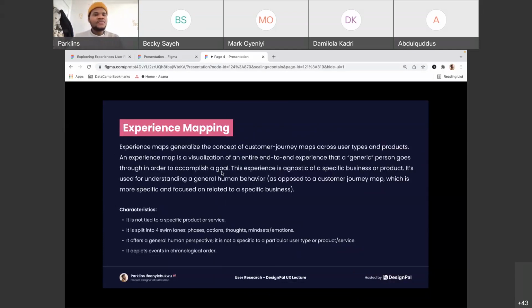Experience maps generalize the concept of customer journey maps across user types and products. But an experience map is a visualization of an entire end-to-end experience that a generic person goes through in order to accomplish a goal. It is just to understand general human behavior,